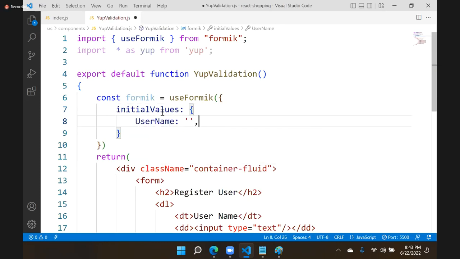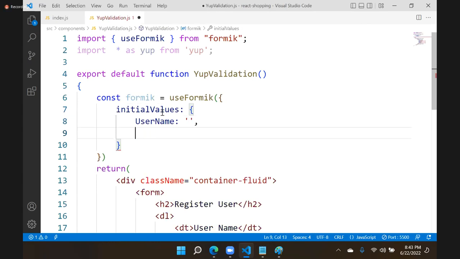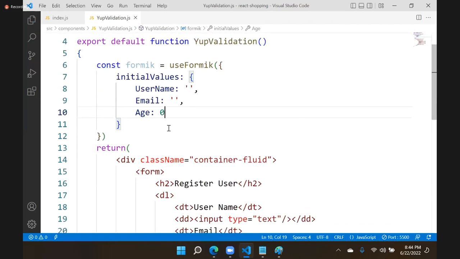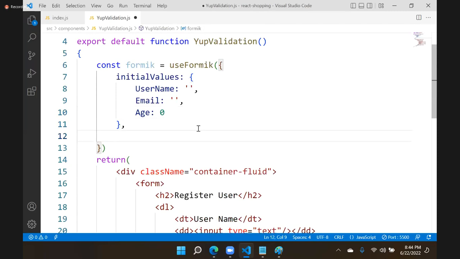It is empty. We have email, right? Email is also an empty string. We have age, which is a number. Now, after configuring the initial values, we are defining the